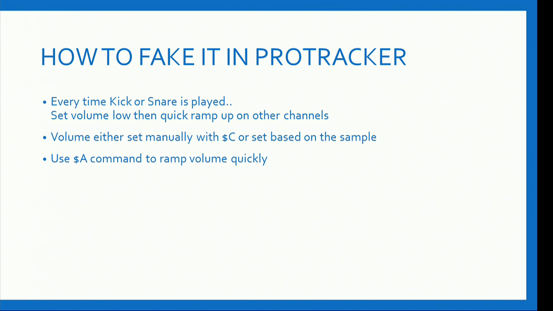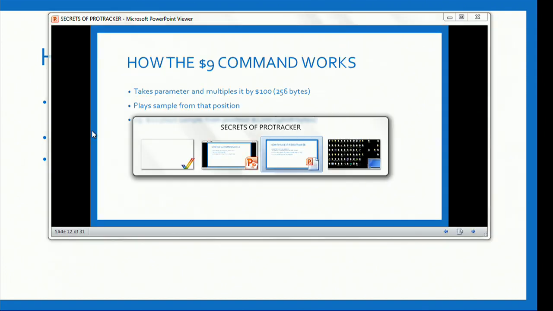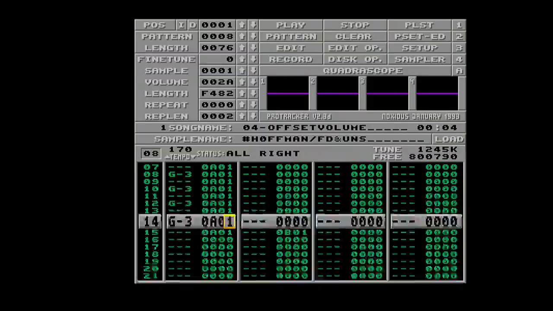So how to fake it in Protracker is basically every time the kick and snare is played in your track, you do volume control on all the other channels. So you set it really low and then ramp it up really quickly. So let's have a look at